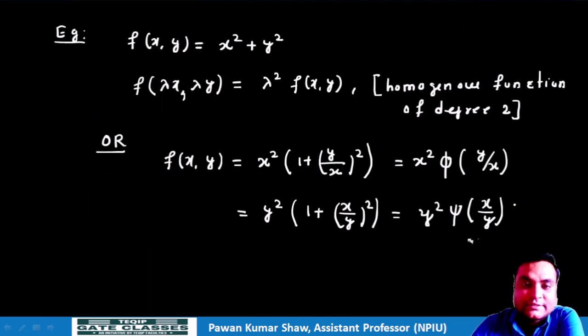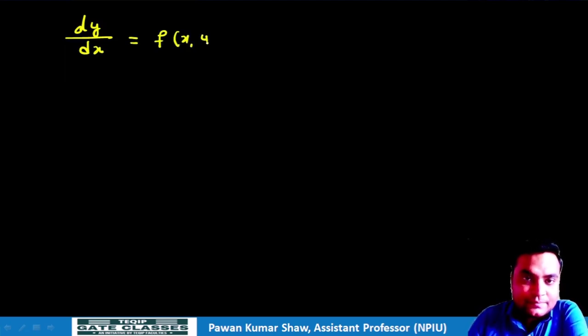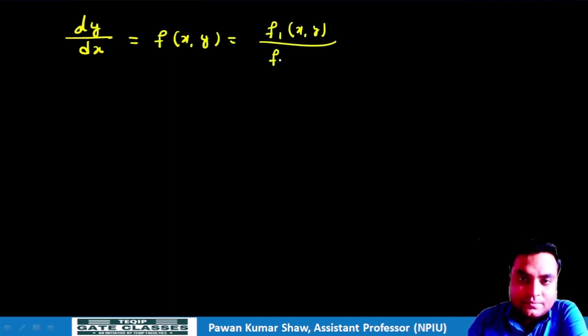Okay, before going to take an example, first I'll try to explain how we can solve the homogeneous differential equation for first order and first degree. So if the differential equation is in any form like dy by dx equal to, suppose, f of x, y, or either in this form f1(x, y) by f2(x, y), in that case